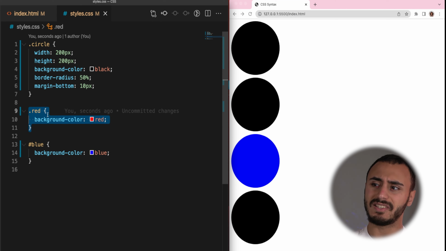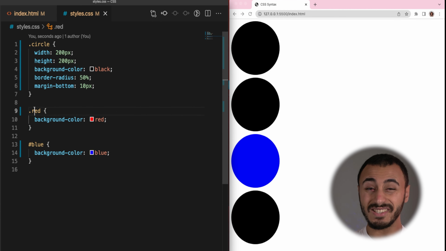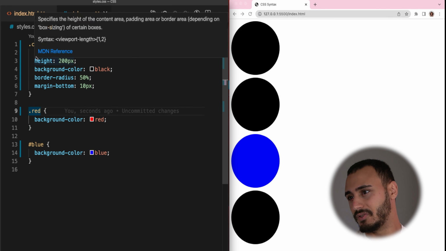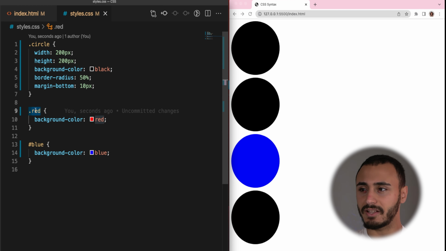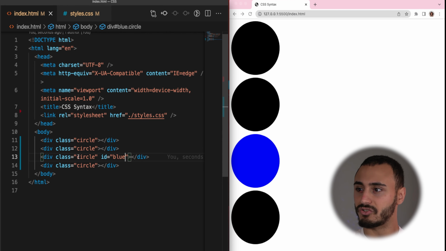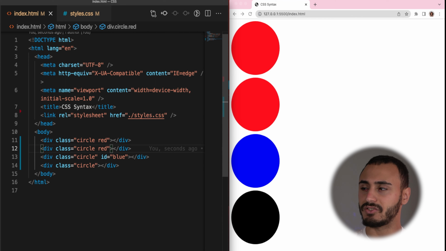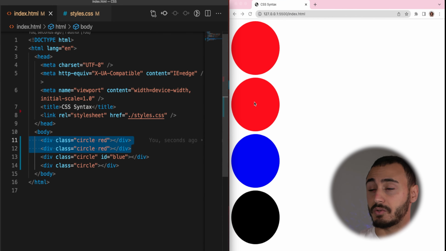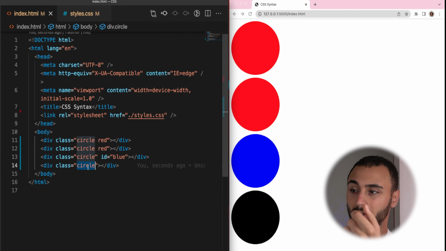So class red is basically making the background color red. Now this class could be used for multiple elements. So we could decide that we want the first 2 circles red. All you need to do is to grab the class red and give it to the first 2 divs. And as you see, we have 2 red circles, 1 standard circle which is black here, and 1 having the